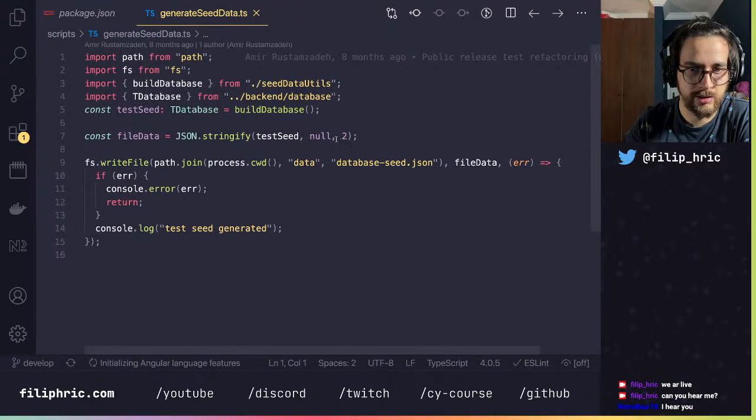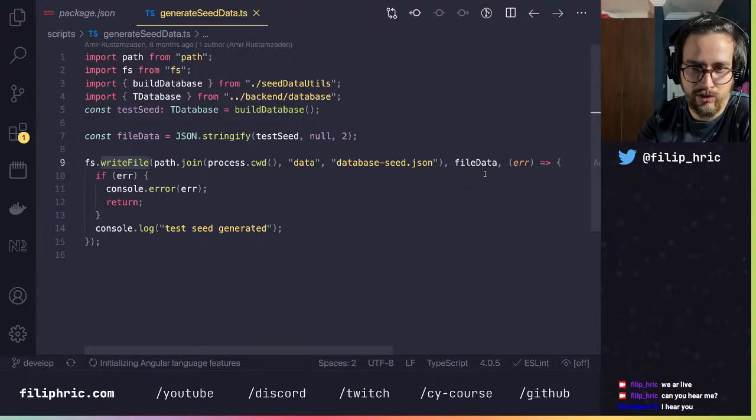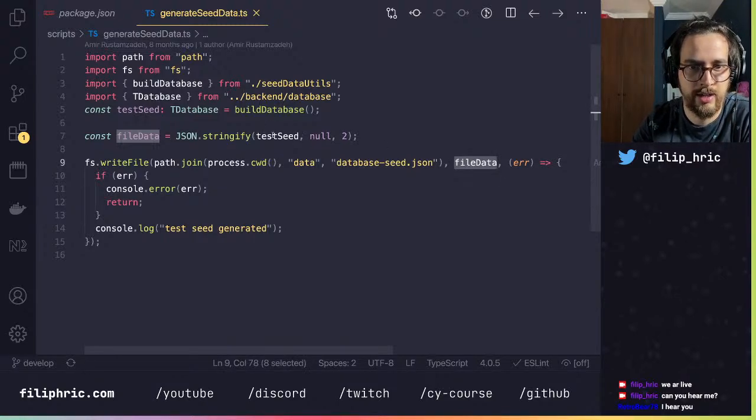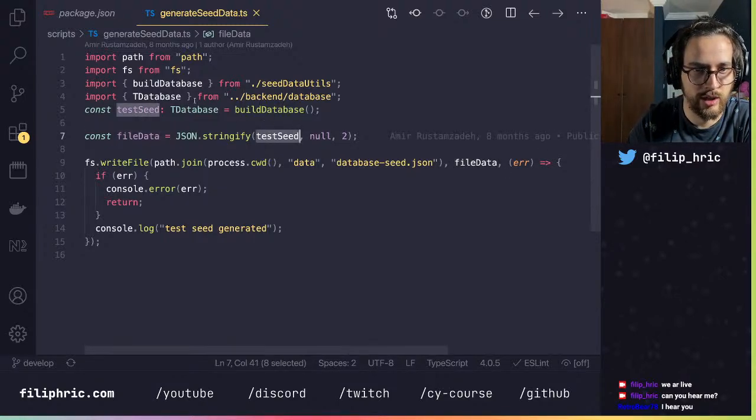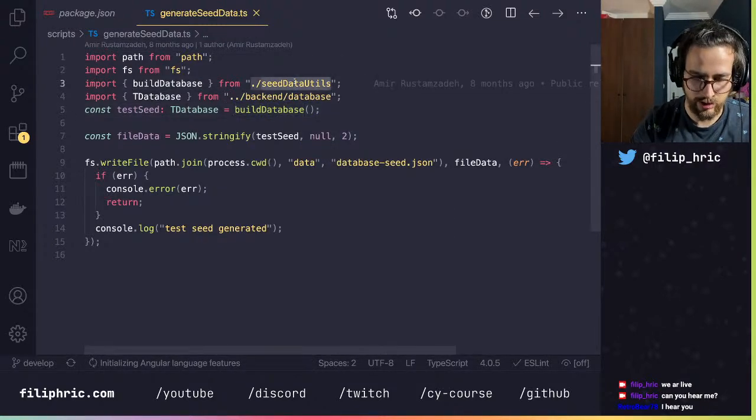Since it is a JSON database, it's just going to use the Node file system to write something inside that, and it's just going to be this data file, right? Yeah, so it's a stringified test seed object, build database. Let me see what it does actually.